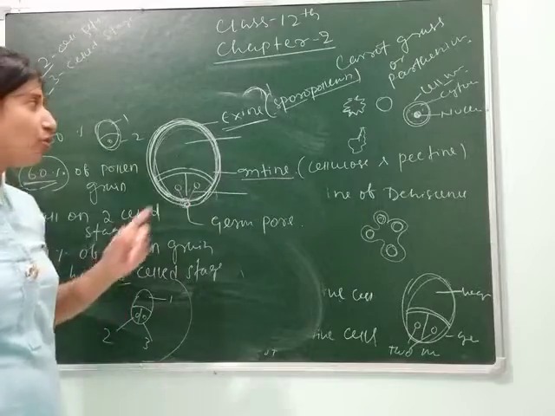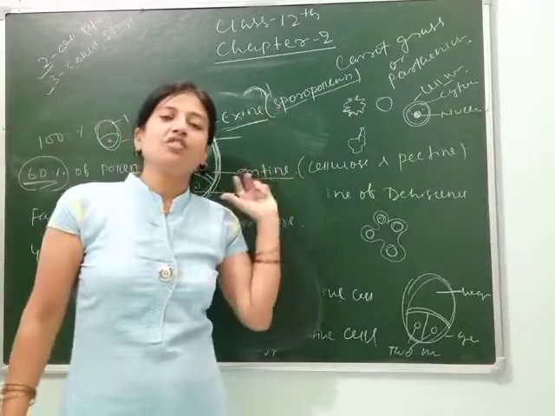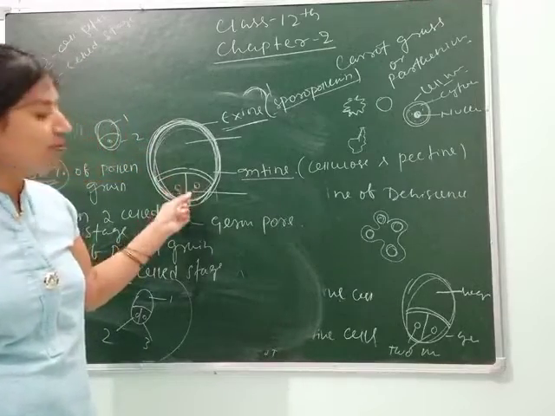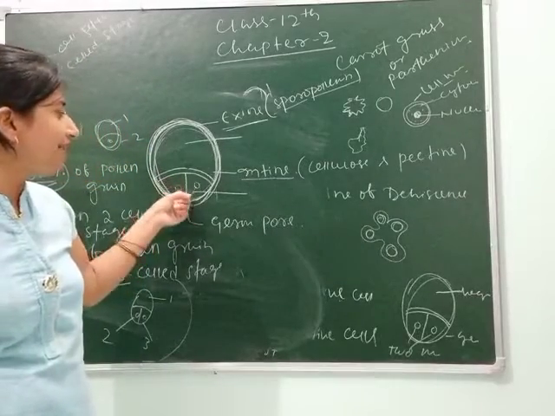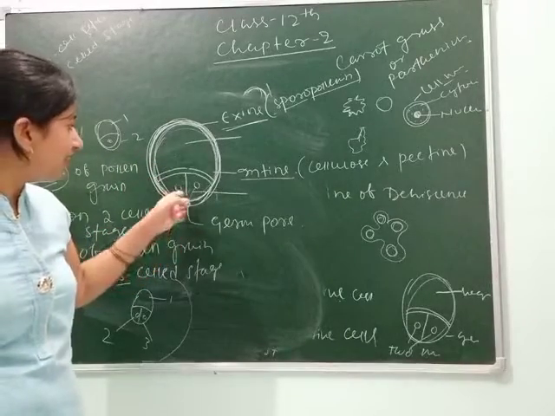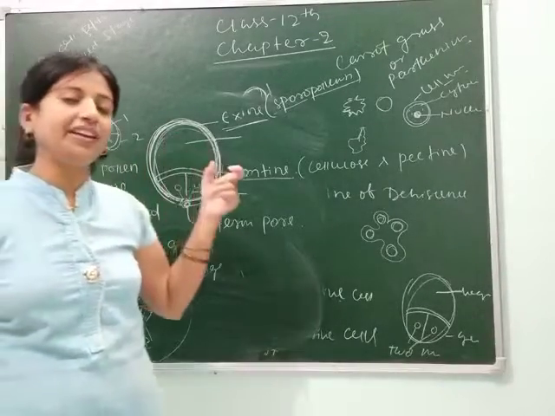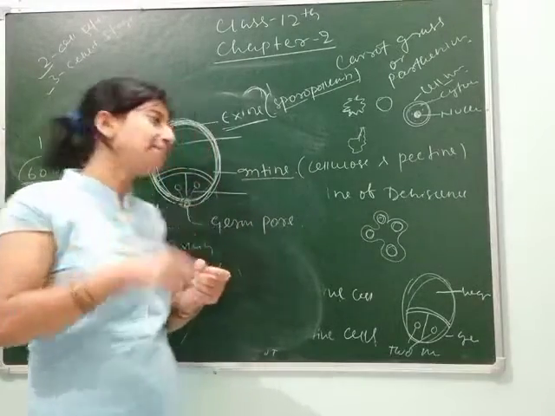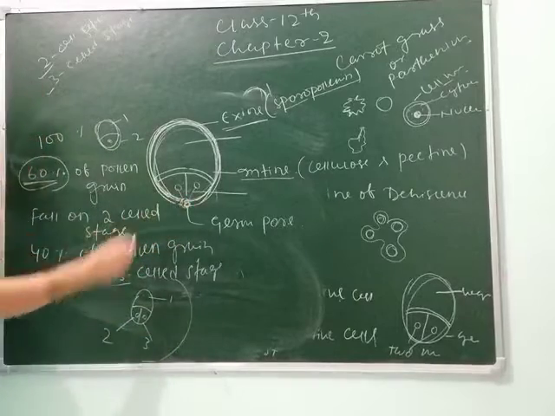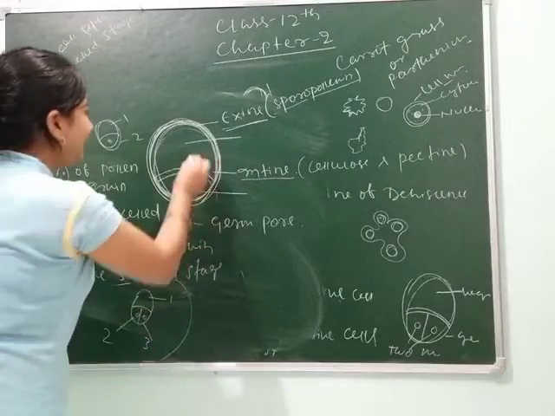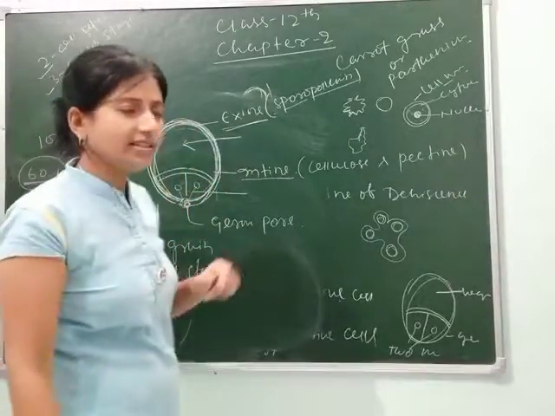So here, students, there is a question: why does the sporopollenin cover the pollen grain except the germ pore? As I have told you, it is indestructible. So if sporopollenin were present in the germ pore, then what will happen? The male gametes can't be released. That's why this portion lacks sporopollenin. Sporopollenin covers the entire pollen grain except where the germ pore is present. Is that clear?